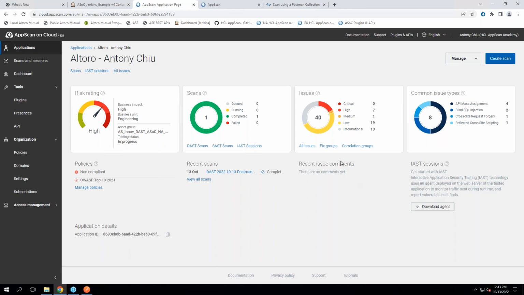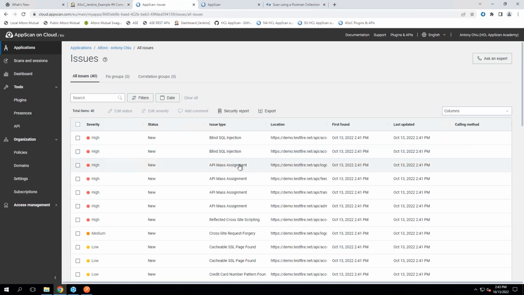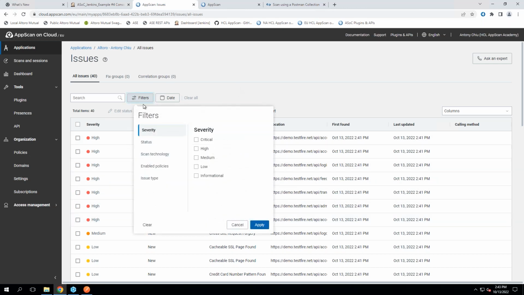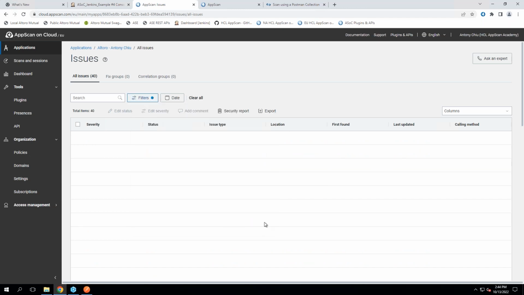If I go to my all issues view, this is saying that these identified issues violate OWASP top 10 as a policy. In fact, if you click on the filter and go to enable policy, you can see which issues violate the policies associated to it. So if I click on apply,